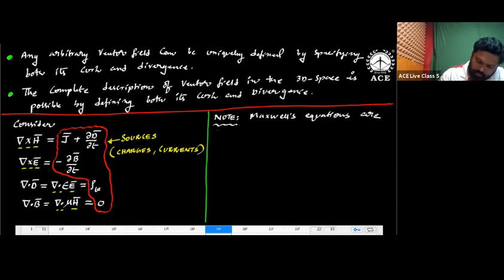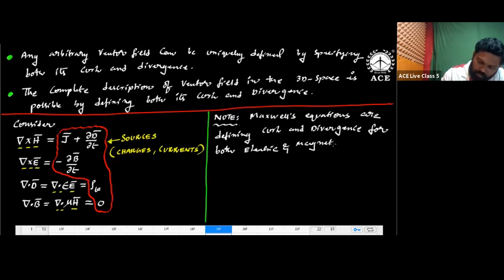Maxwell's equations are defining curl and divergence for both electric and magnetic fields, and establish relation with their respective